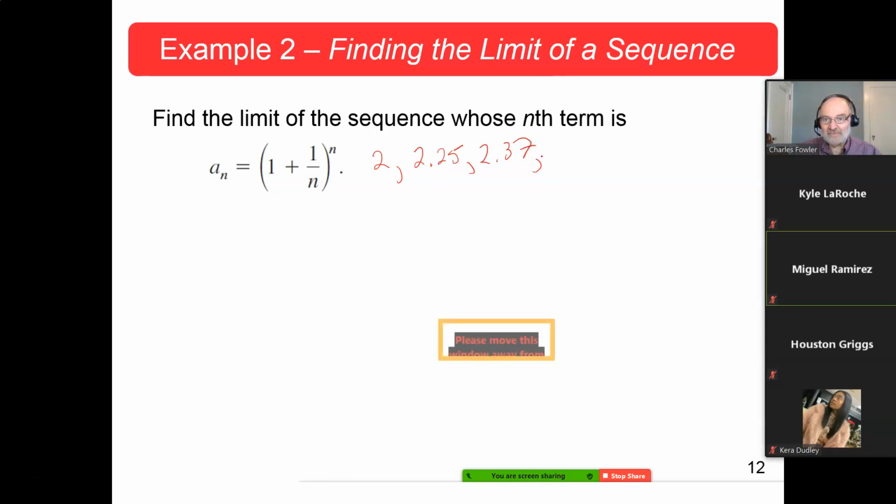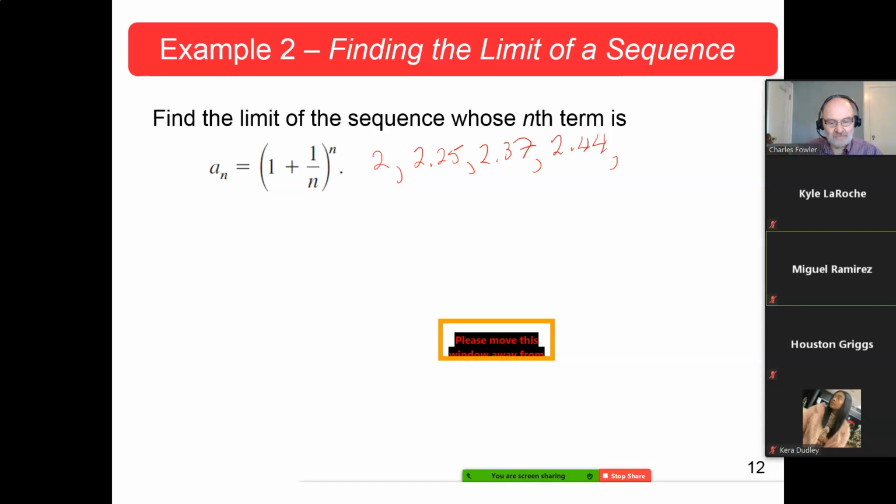Okay. How about the next one? That would be 1.25. Whoa, missed the decimal there. 1.25. I've got fat fingers and small keys, and this doesn't work well. 1.25 and raise that to the fourth power, and we get 2.44 approximately. Okay, now each of these numbers is increasing, but we don't know if it's increasing without bound, and there's really not any easy way to tell that. Let's just do a few more.